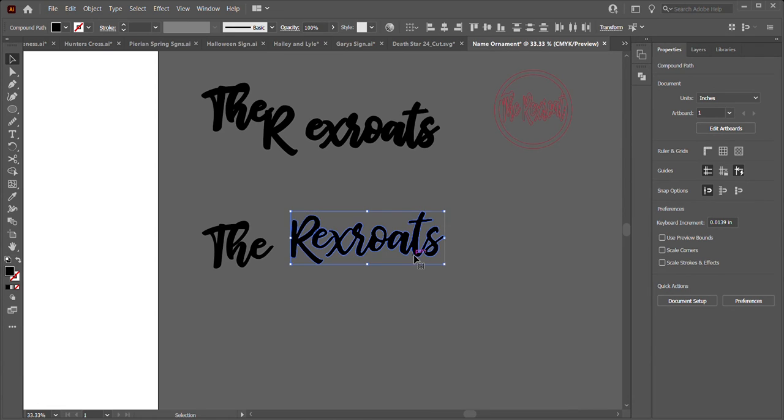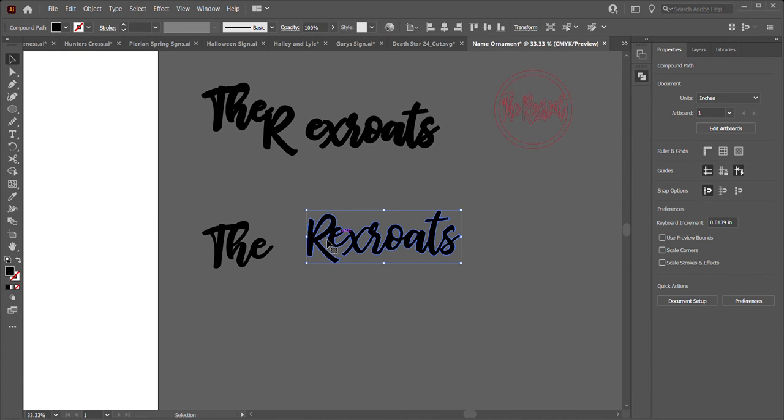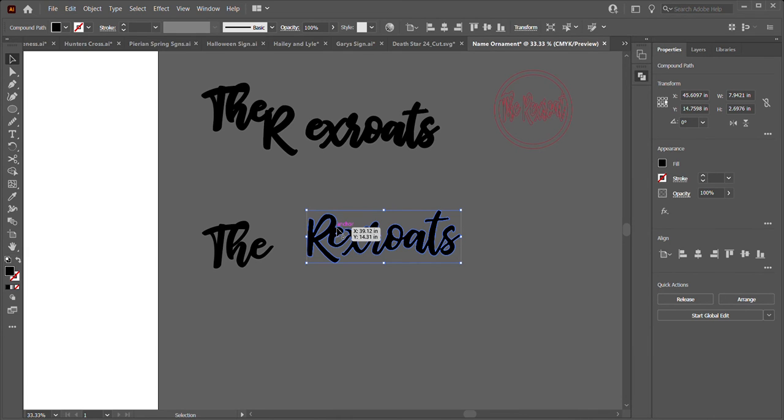So by that, I'm just going to take this, highlight them together. Once I've moved it, go back to my Pathfinder, and then unite them. So now they don't come apart. That means when they cut, the laser is going to cut around these letters instead of through them. So now I have the V and the